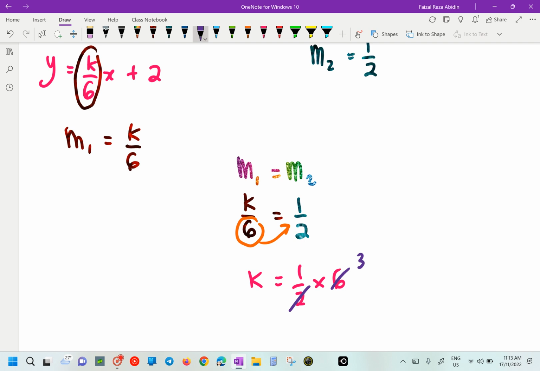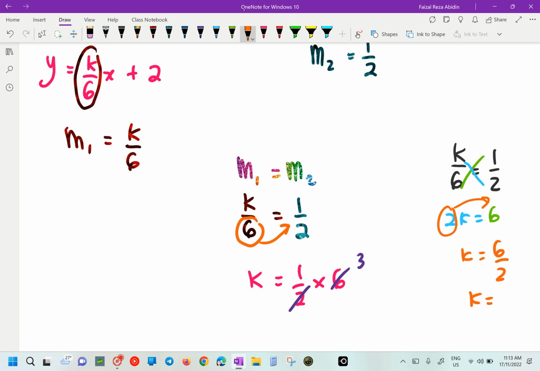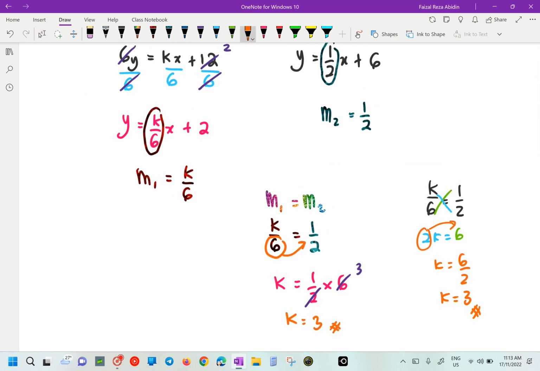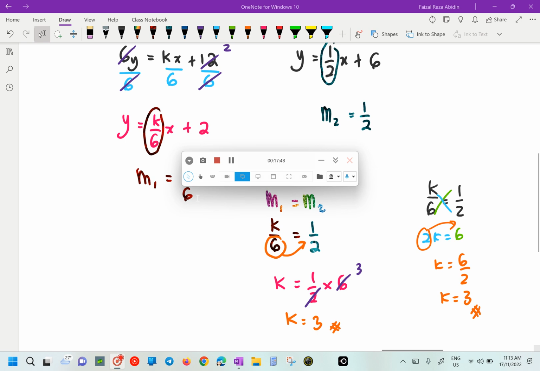Your friend said cross. Can, no problem. I'm going to show your friends. So this one, you are going to get 2k equals to 1 times 6 is 6. Bring 2 over to the right side. K equals to 6 divided by 2. So you are going to get the same answer actually, isn't it? That's the beauty of mathematics. That's it. Okay, we finish our